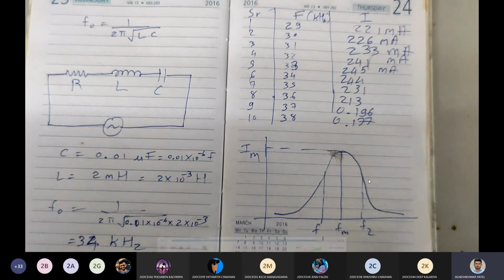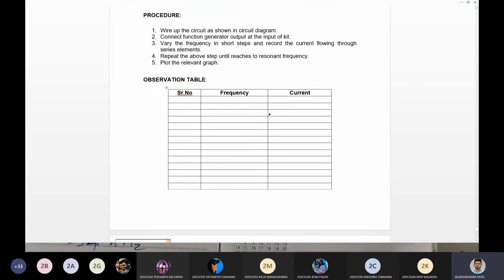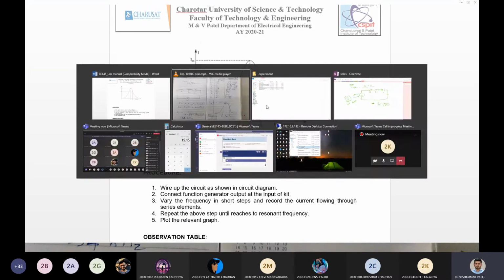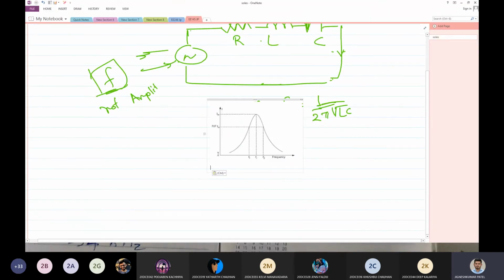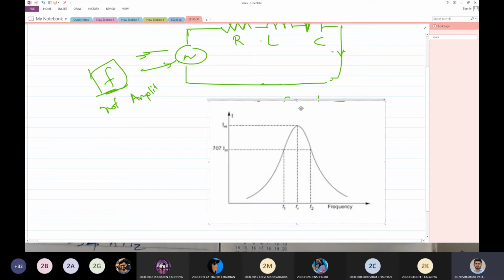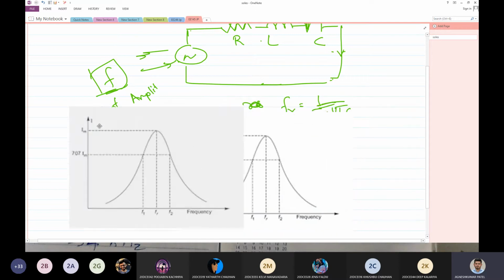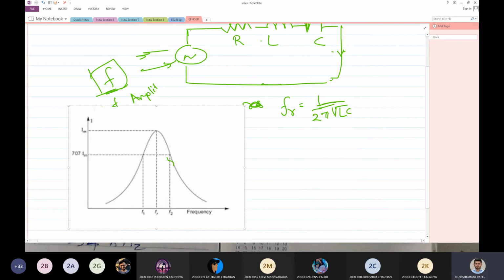So let me explain why we do not have such a large variation in the current. The main reason behind that is this thing. If you observe this curve, you also have to consider a Q factor. But what we have done is taken two frequencies somewhere on this graph randomly: 29 kilohertz, and the other one somewhere around 38 or 39, up to which we have taken the reading. Now, if you look at this, the variation would obviously be small.